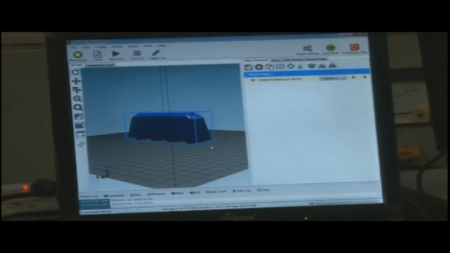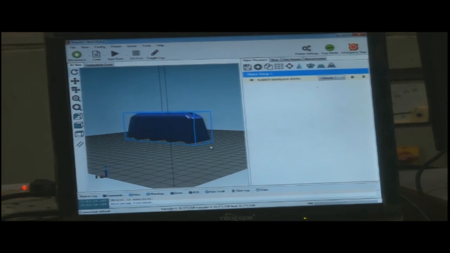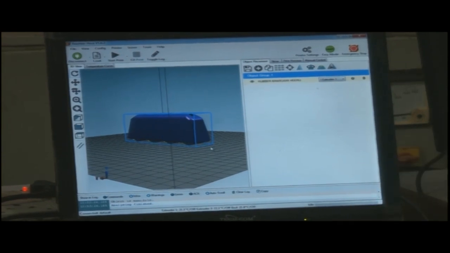The approximate size of this model is 4 inch by 1 inch by 2 inch. Whenever we start fabricating, we need to see the program. We have to program it. Either the program would be generated by machines, by the software itself, or we have to manually program using G-codes that we will discuss.